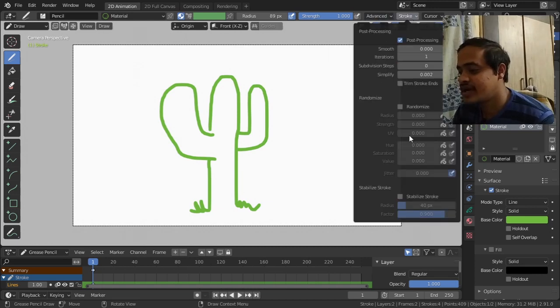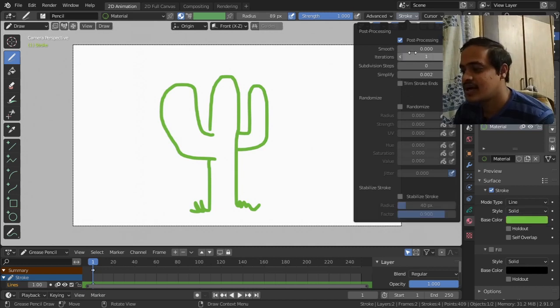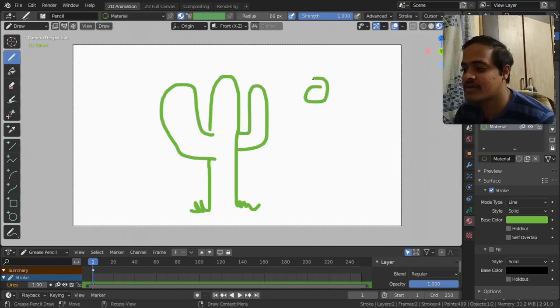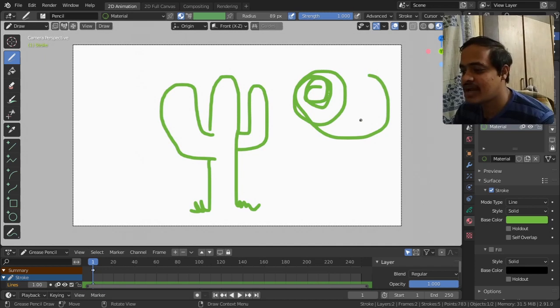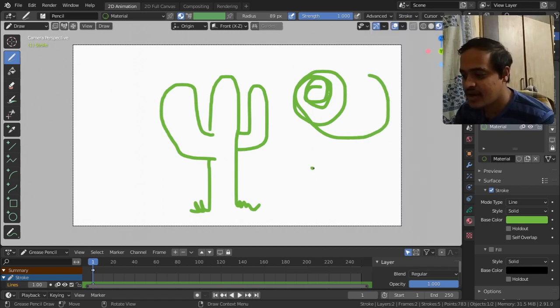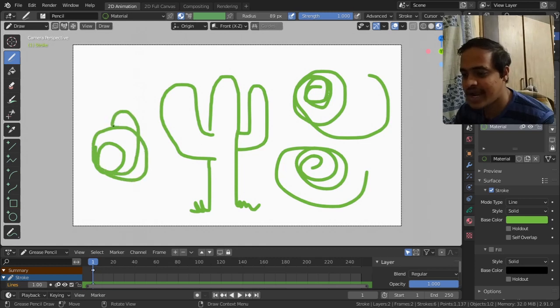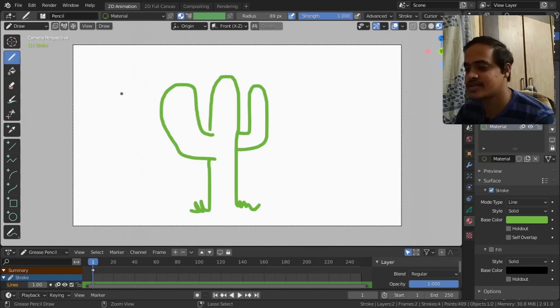Stroke and stabilized strokes. If you come over here, stroke and stabilized stroke, this is actually processing how smooth you want the lines to be. Now if I am clicking and dragging, you see my lines are a little bit jagged. Now if I come over here and make it smooth and iterations to 3, and now if I click and drag, it suddenly gets smooth. If I click and drag, it smoothens it out, so that it feels like we are professional artists with a 2 or 3 years of degree course in